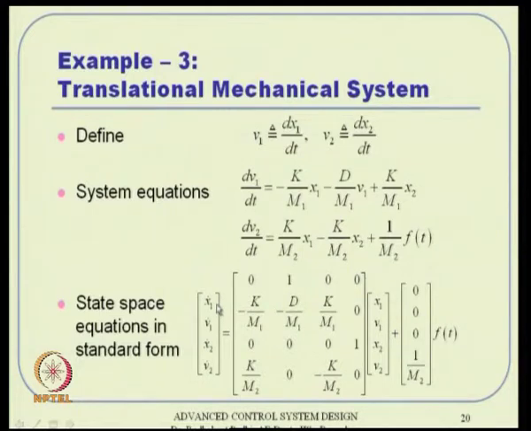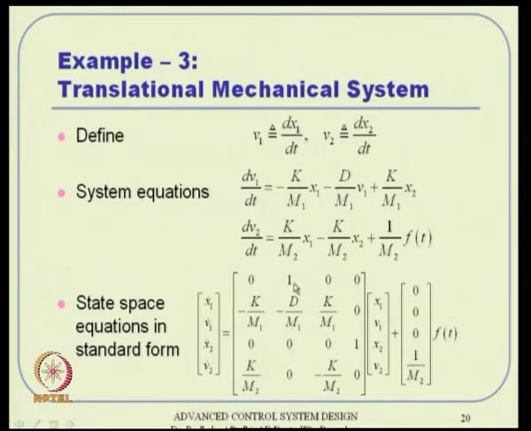You do not have to write x1, below that v1, below that x2 and so on. Somebody can always write x1, below that x2, below that v1, below that v2; that is also possible. But then these entries have to be put in a careful manner. Whatever way you define it, the corresponding elements need to be put at the appropriate place. So, with this definition of the variables and of the state vector, I have got this type of matrix here, which is my A matrix, and this is my B matrix. Correspondingly, look at the equations carefully: x1 dot is v1.